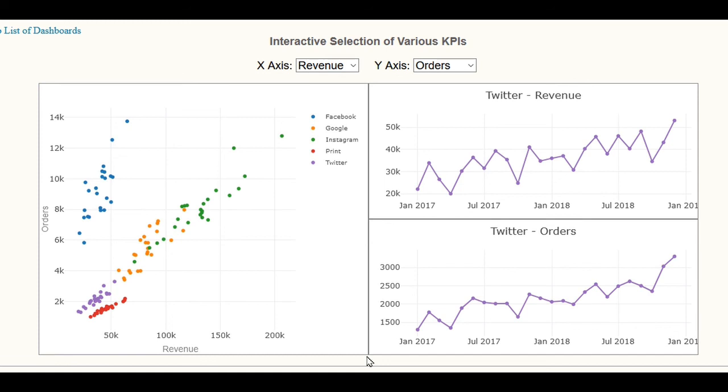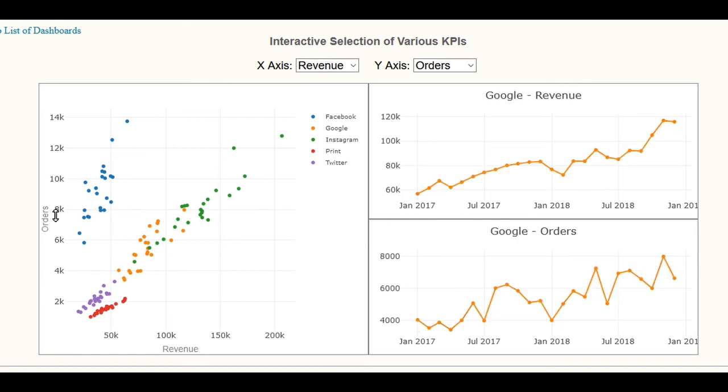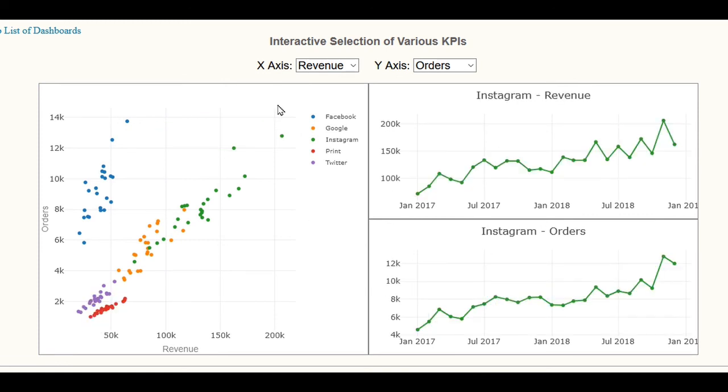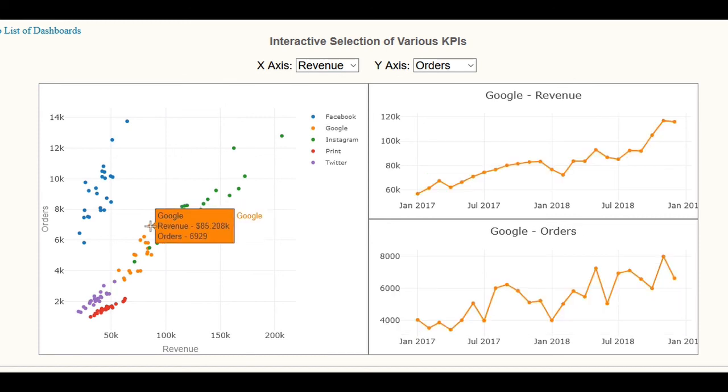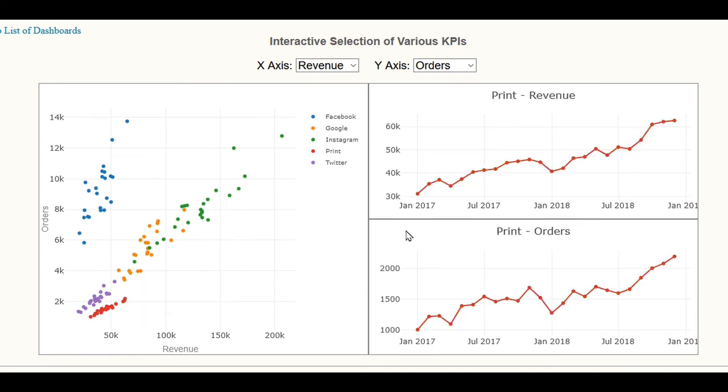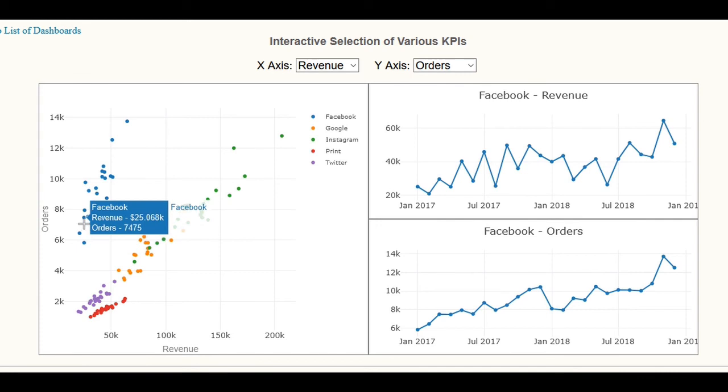Let's go through an example of this. If we wanted to see the effect of the 5 different marketing channels, we can see revenue, orders, and they're grouped color coded so that we're able to measure and gauge how each marketing channel did. As we hover over any point, the top chart on this side will show for the particular marketing channel. As we hover again, we can see the top chart changes to Instagram, to printed media, to Twitter, or to